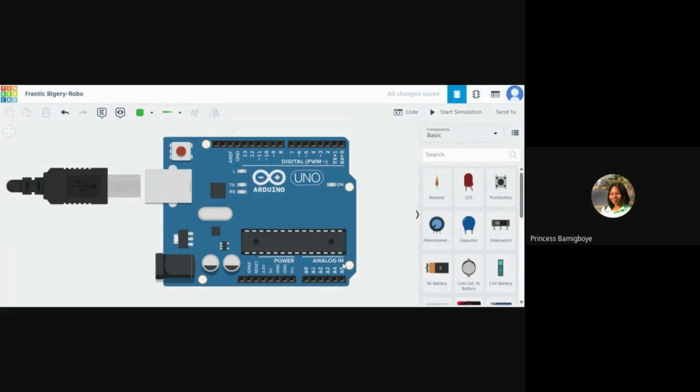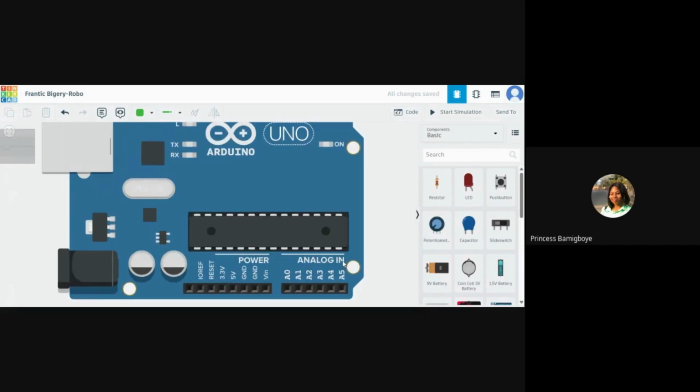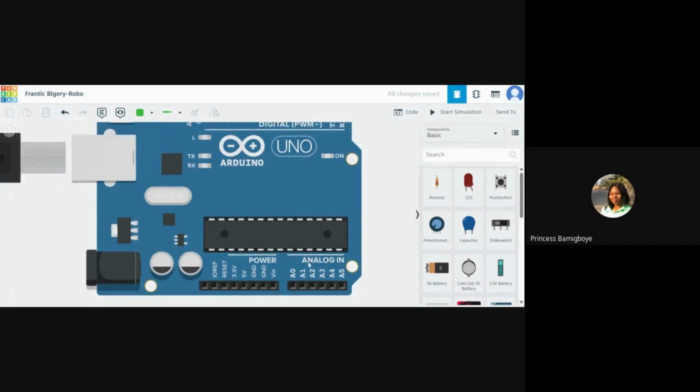So what is now the difference between digital devices and analog devices? Analog devices are devices that don't use voltage or electricity to get their data. They use more mechanical means.